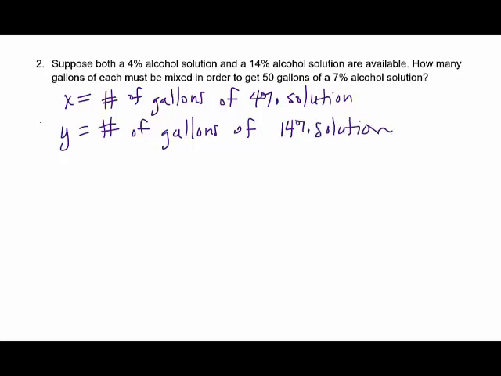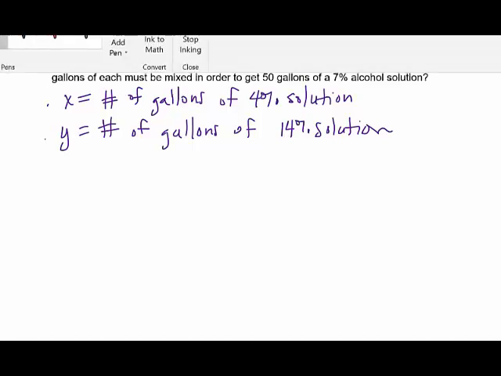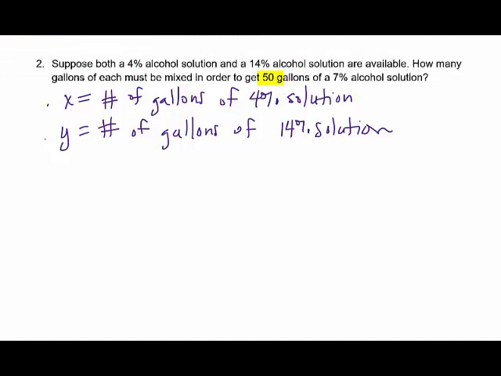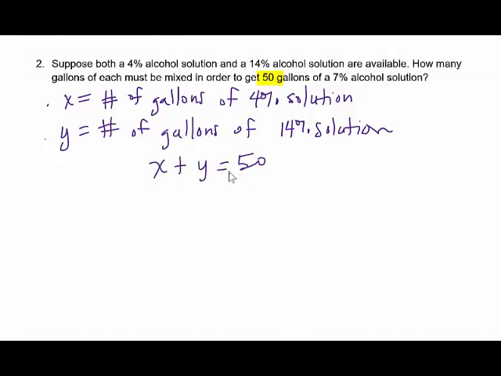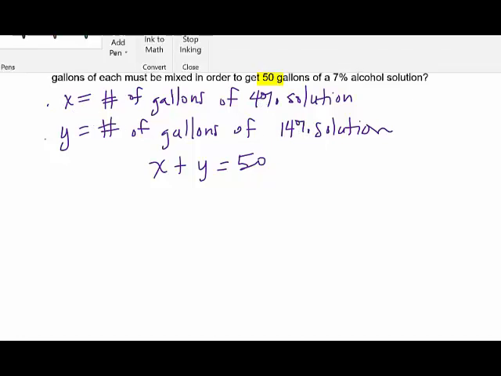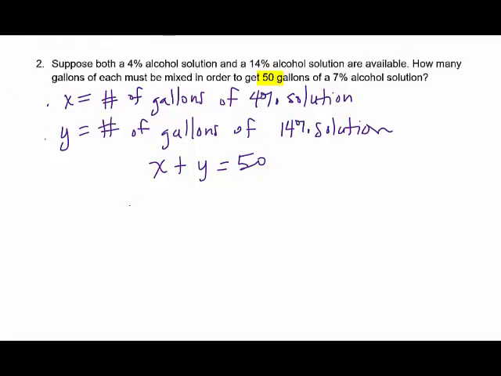Okay, because we have two unknowns, we need two equations, and the first equation is just going to say how many total gallons there are in this mixture. Okay, and we can write that as x plus y equals 50. Now the next equation is going to represent how much alcohol is in the mixture. Okay, and so we know the percentages of each part of the mixture. So we have 4% and 14%. And so we can write an equation that looks like this,